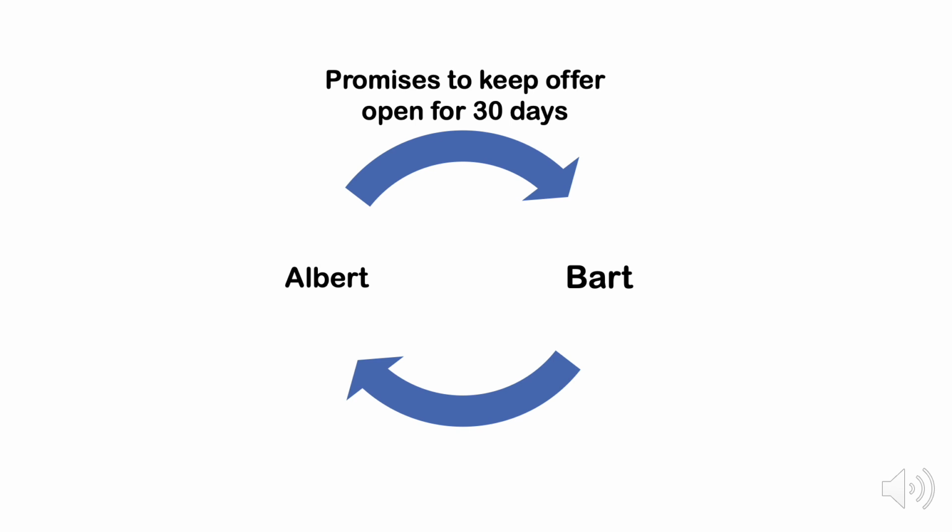Let's illustrate this. Albert is making a promise to Bart. Albert is promising to keep an offer open for 30 days, or in other words, Albert is promising to make his offer irrevocable for 30 days. But what is Albert getting in return from Bart? Nothing. There is no consideration for this promise. It is a mere gratuitous promise, unsupported by consideration, and so it cannot form a contract. We will learn that contracts can be formed without consideration, pursuant to some special rules. But none of those facts are present here, and so this option contract, quote unquote, is unsupported by consideration and therefore not binding.